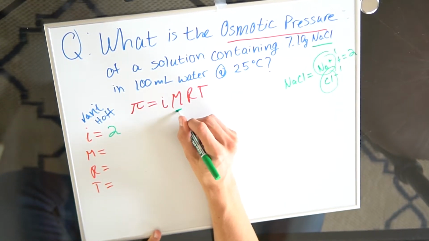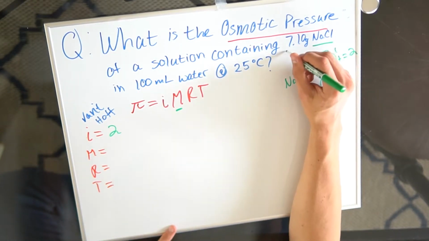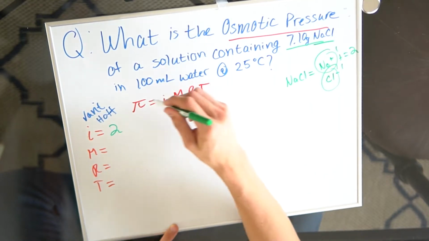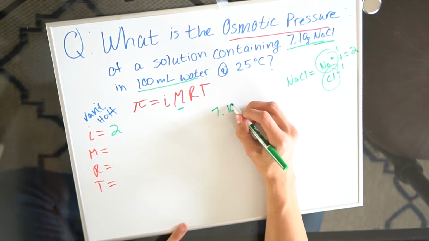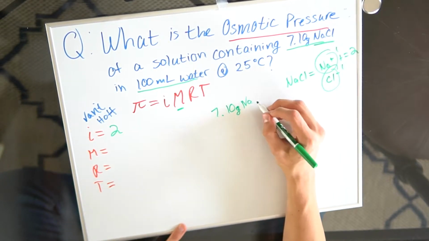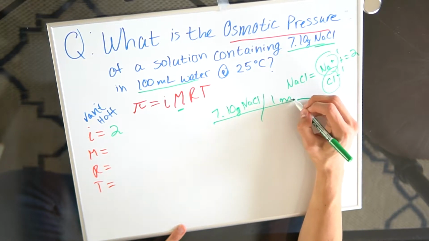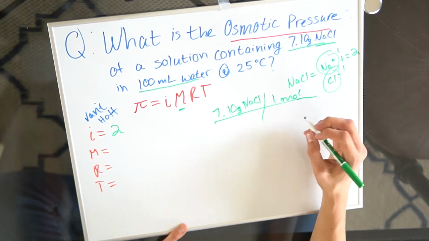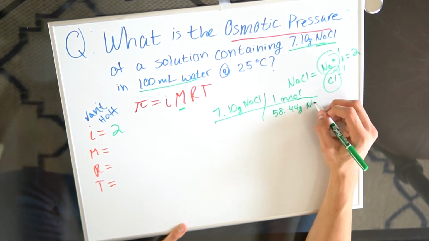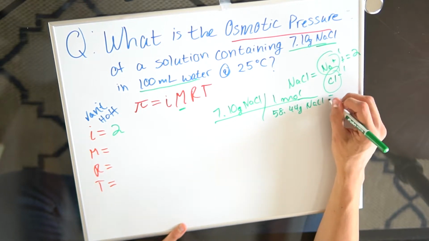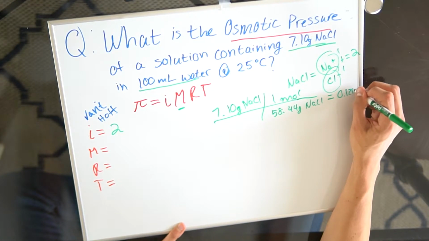M is our molarity. And so to figure out molarity, we need to use our 7.10 grams of NaCl and our 100 milliliters of water. So we have 7.10 grams NaCl. First step is to figure out how many moles we have, and in 1 mole of NaCl we have 58.44 grams. Okay, so just plug that in the calculator, and it's going to give us a value of 0.1215